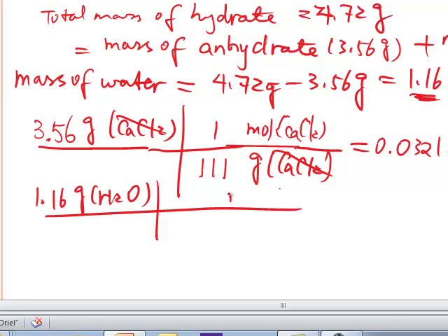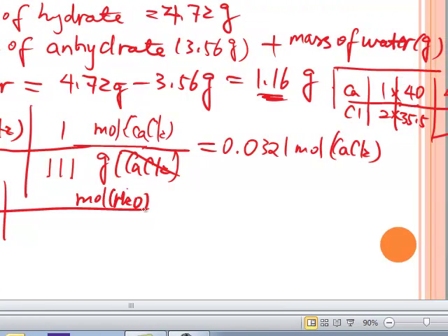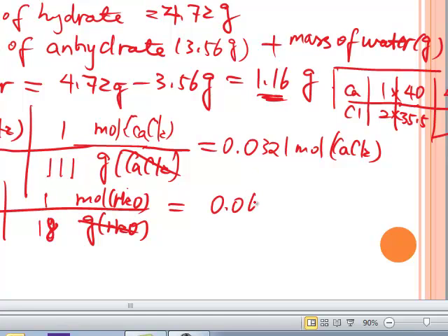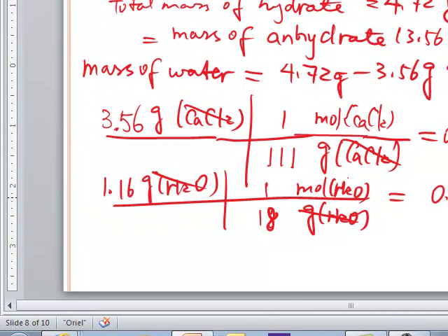Want to convert it to moles of water, and have to go through the molar mass of water. 1 oxygen is 16 and 2 hydrogens, each one is 1, and 1 mole of water is equivalent to 18 grams of water. Punching the calculator, unit cancels, which you want, 0.0644 mole of water. So now the step is trying to get the mole ratio,